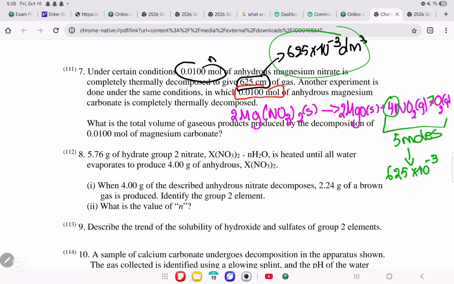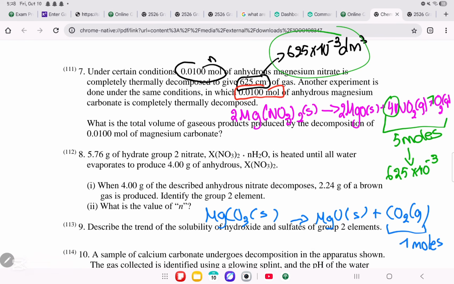Then the second equation that we have is magnesium carbonate, MgCO3, right? Solid will decompose to give us magnesium oxide, which is a solid, in addition to carbon dioxide, which is a gas. Now the total number of moles of the gas here is 1 mole. But before we continue, we'll look at the moles of the nitrate and the carbonate. It's 2 here and it's 1 here. That means the actual ratios of the gases are 5 divided by 2, which is 2.5,